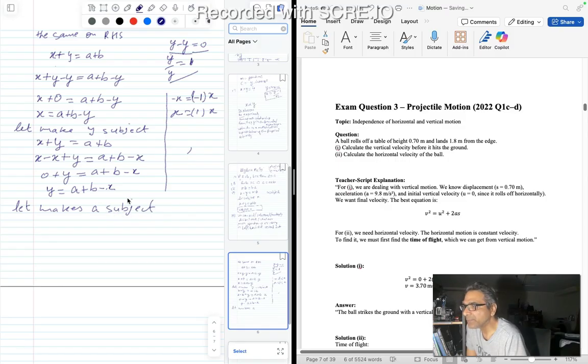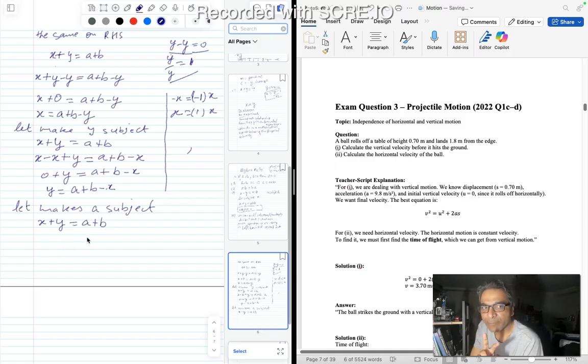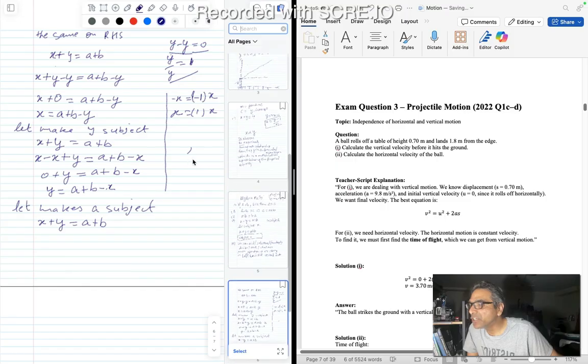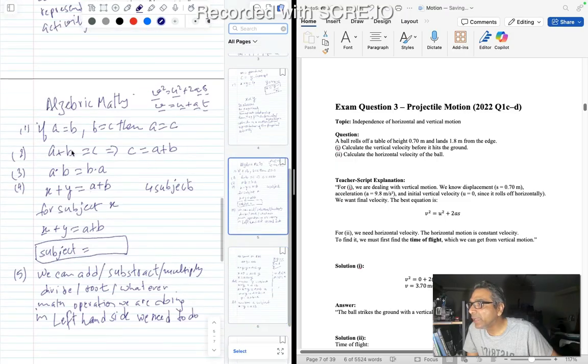Now a is the subject. Fortunately or unfortunately, a is on the right hand side. So what we are going to do is subtract b from both sides. But before doing that, let's make it a plus b on the right hand side, right? And here comes our rule, which I have already mentioned to you, that a plus b